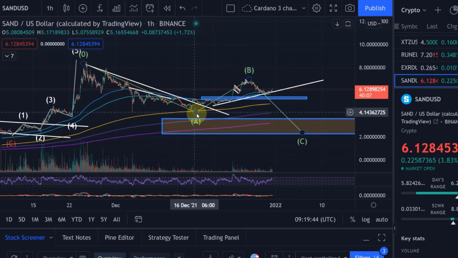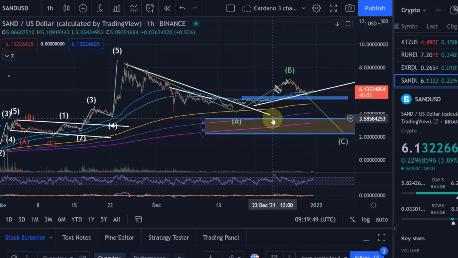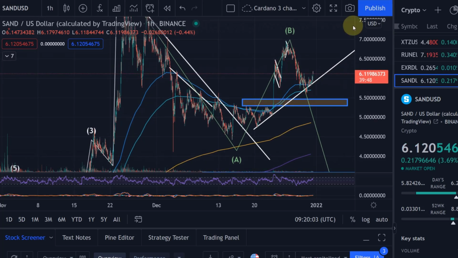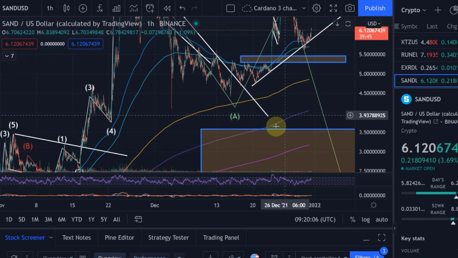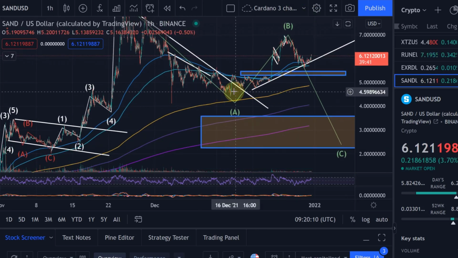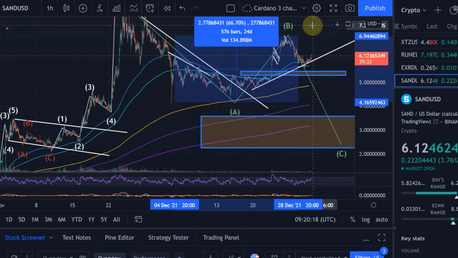So we are still, in my view, in this ABC wave, and in this C wave, I think we can come down all the way to the level between 360 and 225, with 225 really being my worst case here. But I don't actually think we are going to get that low. I think 360 is certainly not off the table, but I would personally set a buy order higher than that, because the Sandbox has been really bullish since it bottomed out down here, already to the peak of the wave B, made a 70% increase nearly.